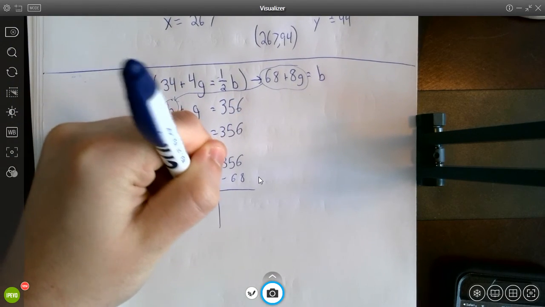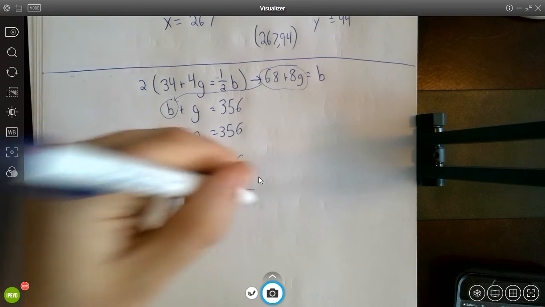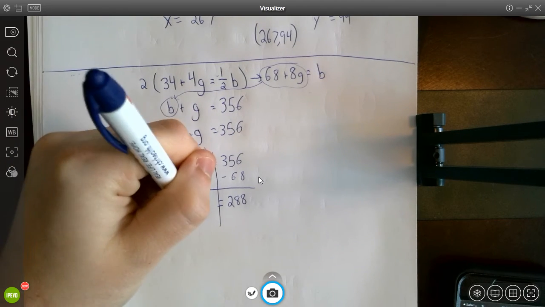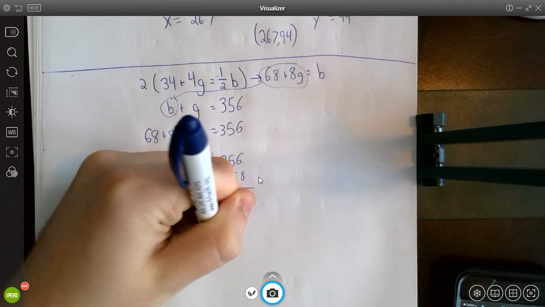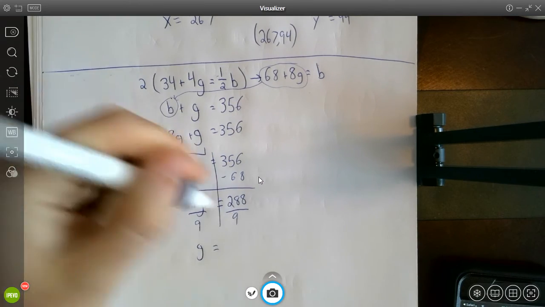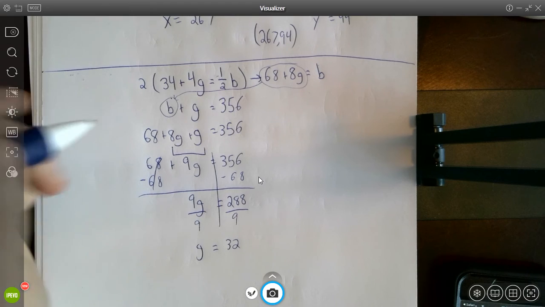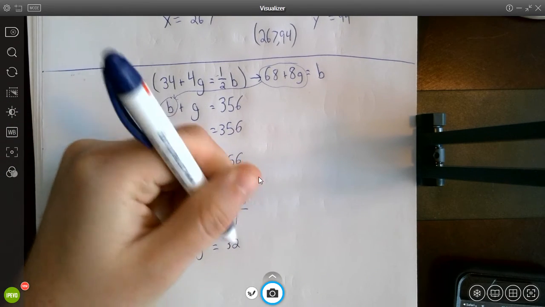That'll give us that 9g is equal to 288. And then we're going to divide both sides by 9 to find that g is equal to 32. So 32. When we have this here, we know that the number of girls is 32, so now we have to find